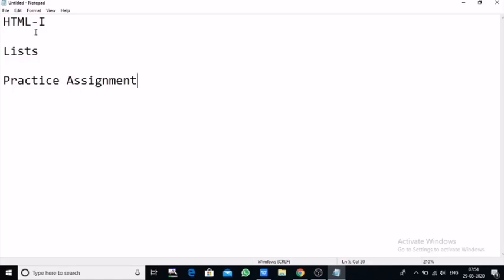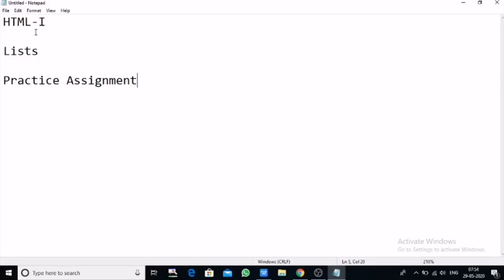Combining all these lists, we can create a new list. We can create some specific type of format of a list that is known as nested lists.